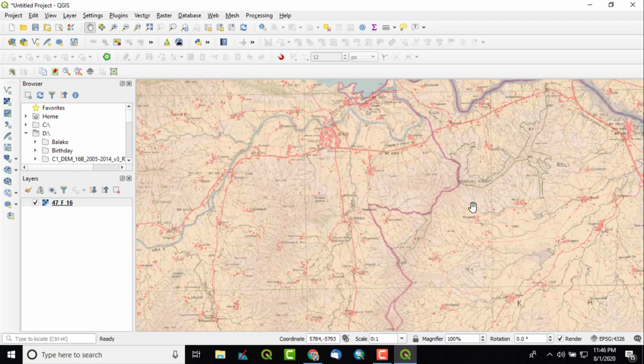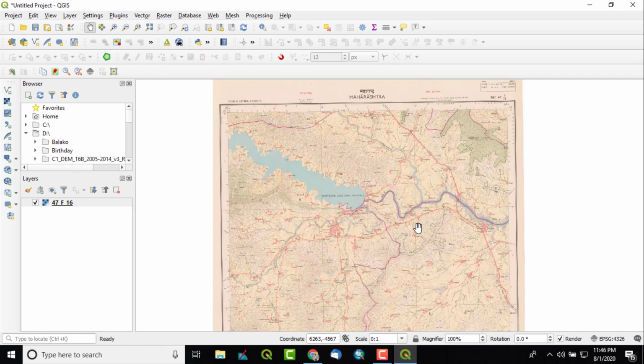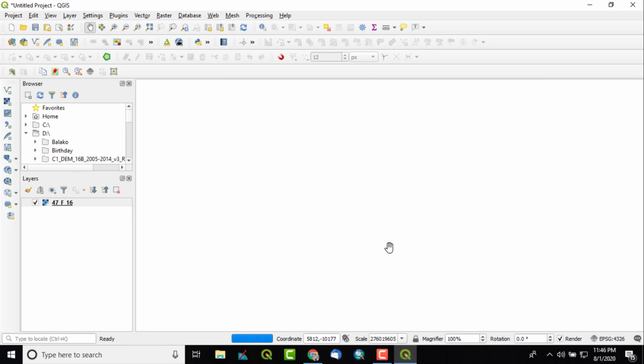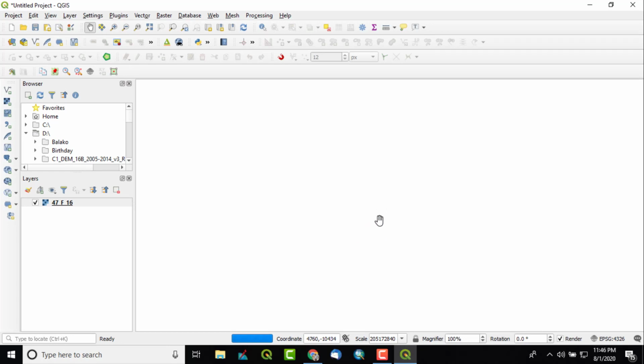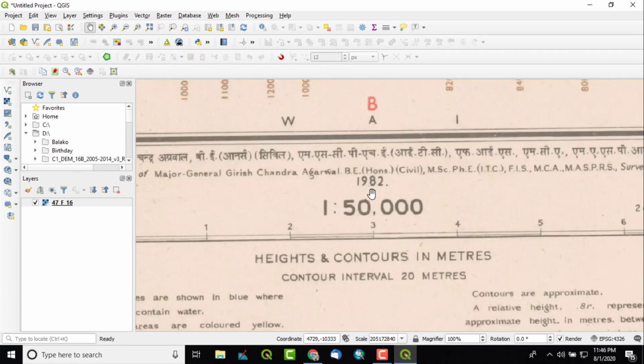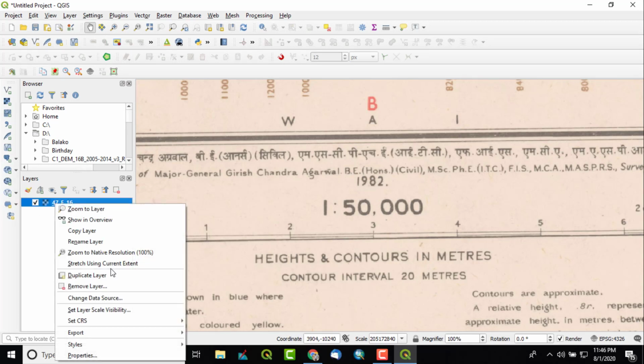They create maps regularly. These are the older ones, and nowadays new maps are also being prepared. This is an older one, 1982, but still they are in use for a variety of purposes in India.